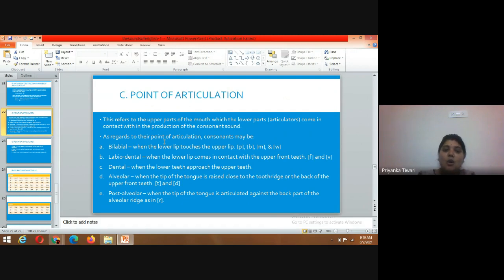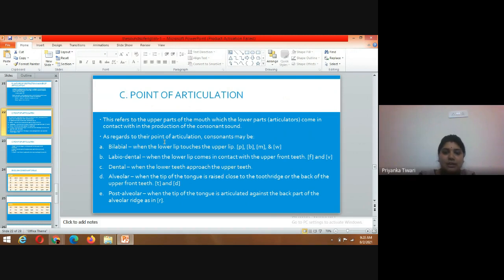Labiodental is when the lower lip comes in contact with the upper front teeth, as in F and V. Dental is when the tongue tip approaches the upper teeth. So when the tip of the tongue is raised close to the teeth,